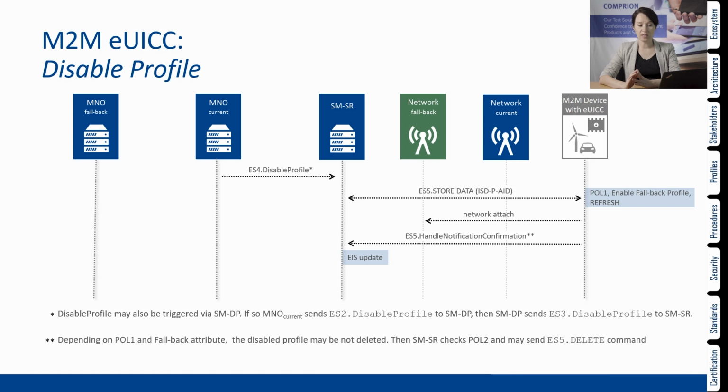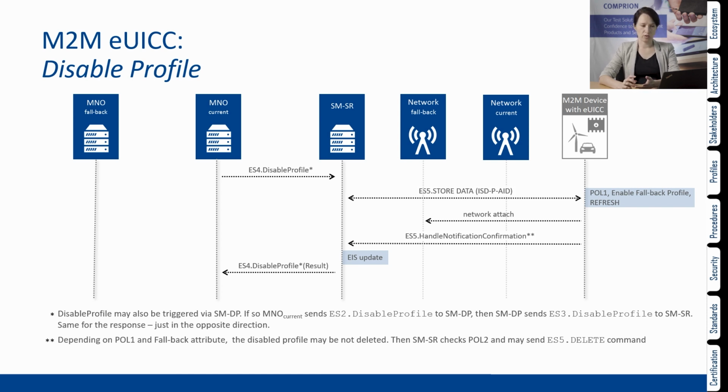The EUSSC information set will be updated on the SMSR. And depending on the policy 1 and fallback attribute, the disabled profile may be deleted or not. The SMSR checks the policy 2 and might send in the next steps the delete command to the device of the EUSSC. And again, depending on the procedure, the disabled profile result will be sent back